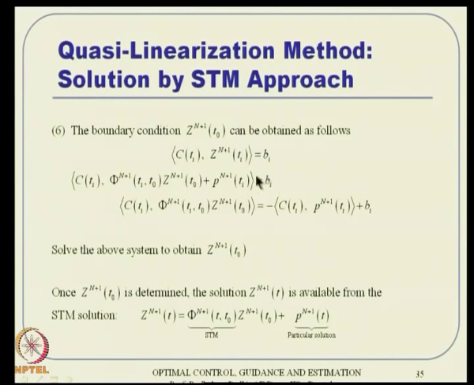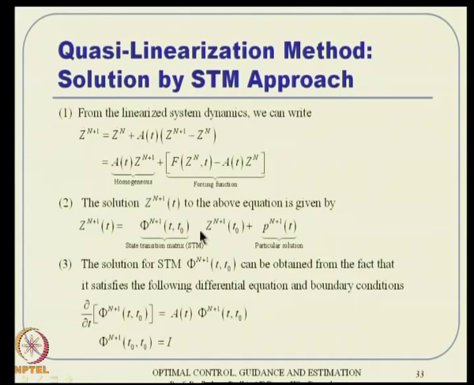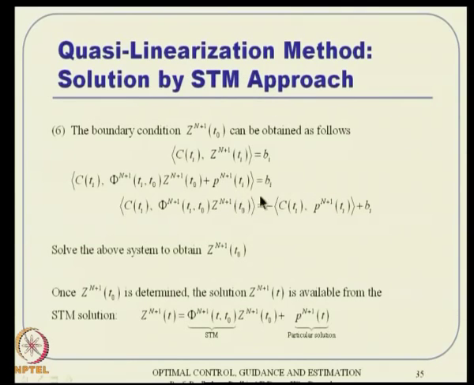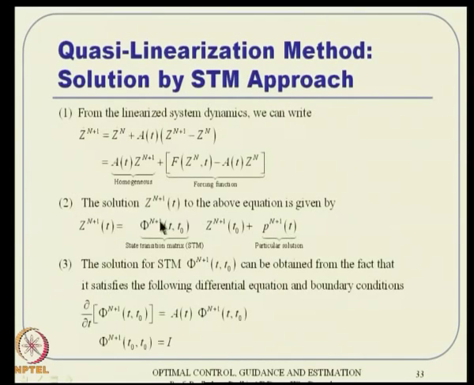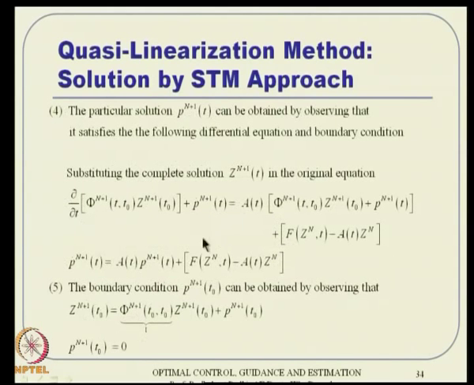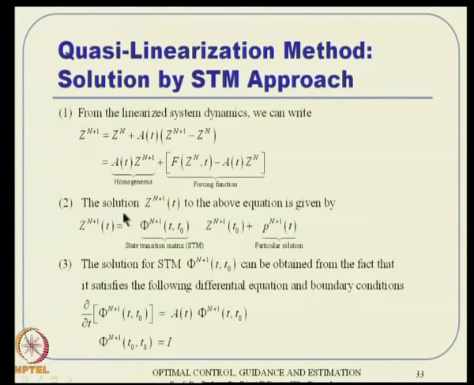This solution you can put it here, and then expand this inner product and take it to that side. If you solve this, you will get an initial condition for Zn plus 1. Then you can integrate this equation. You need this Zn plus 1 T0 to get going. If you know this Zn plus 1 T0, and you know this, then you are done. Zn plus 1 T0 is obtained this way from the boundary conditions. Now, this one is obtained through this, and this one is obtained through this differential equation with this boundary condition. So, that is how you get the solution like this.